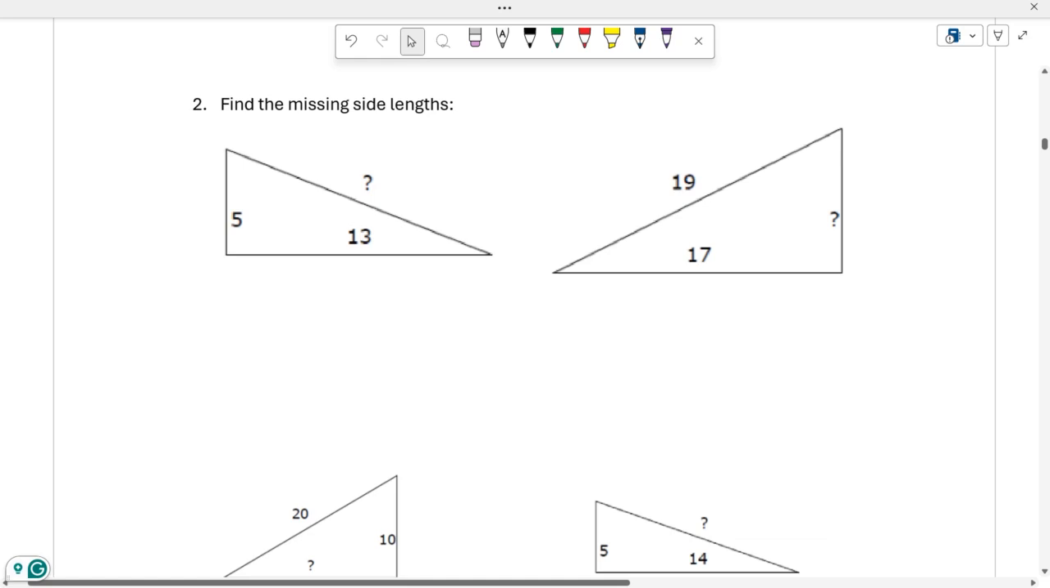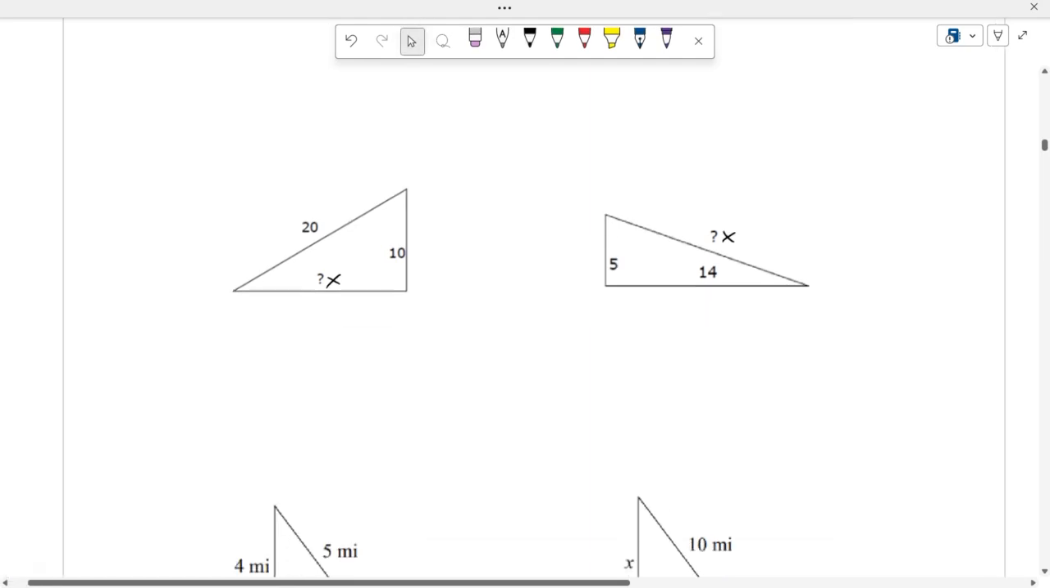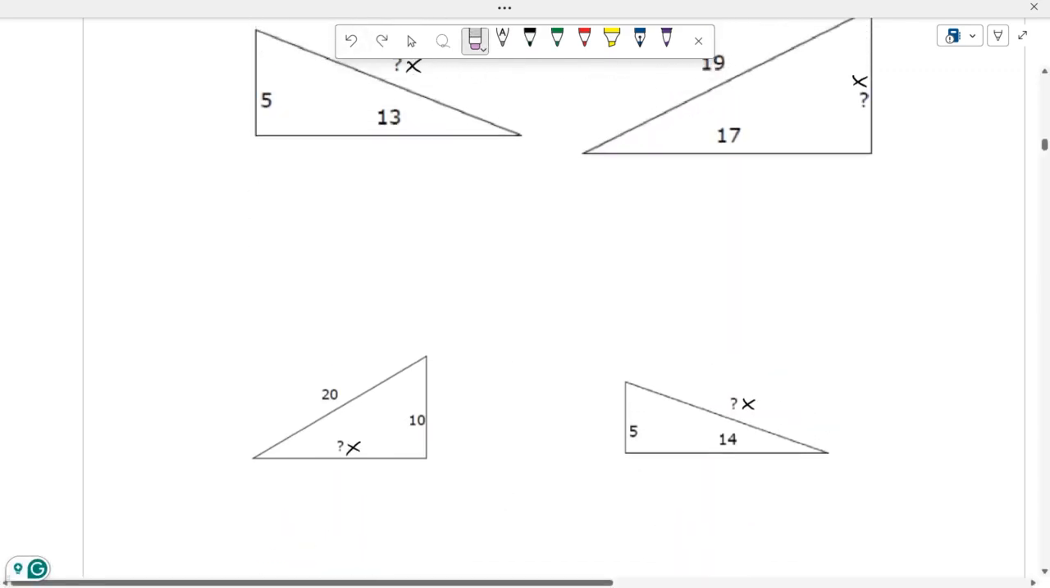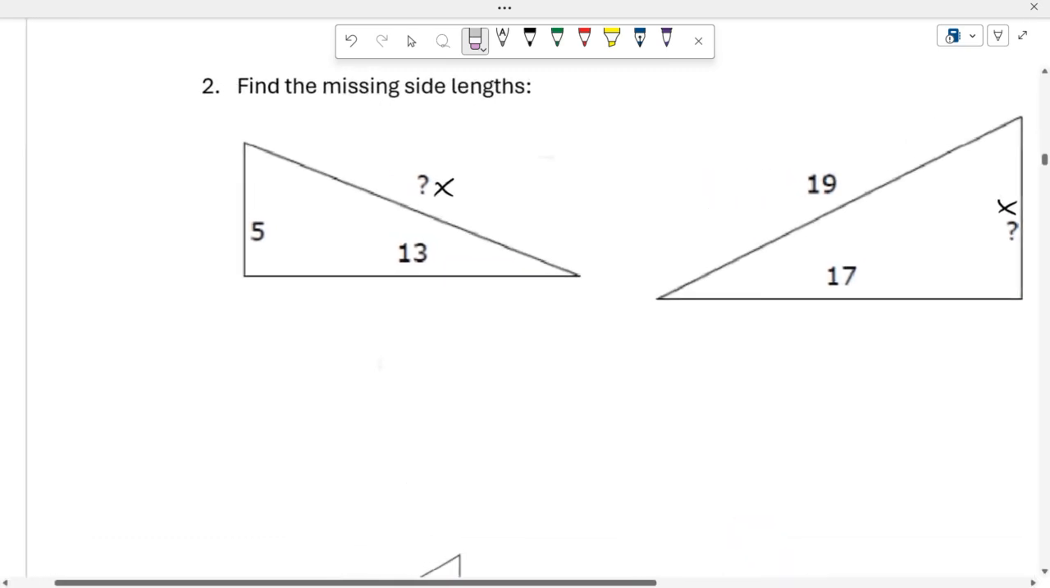All right, question number 2, find the missing side lengths. For each problem here, I'm not going to get fancy. I'm just going to label all my question marks as X, because you don't really want to use a question mark in an equation. I mean, you could, and those are already X. Okay, that's fine. All right. So starting in the top right,